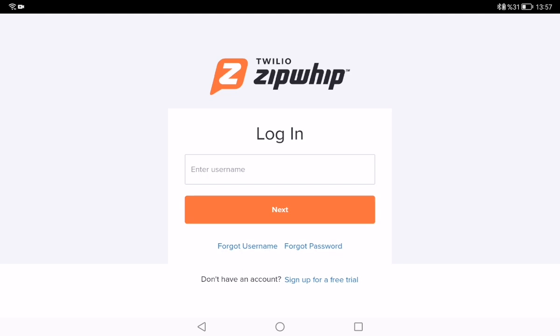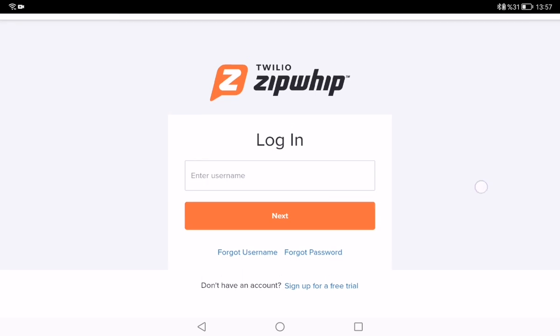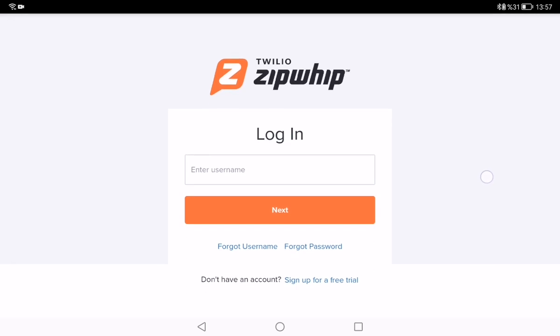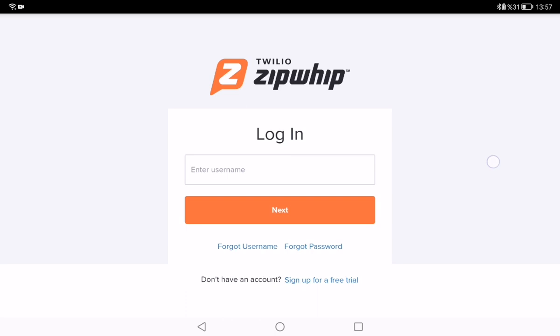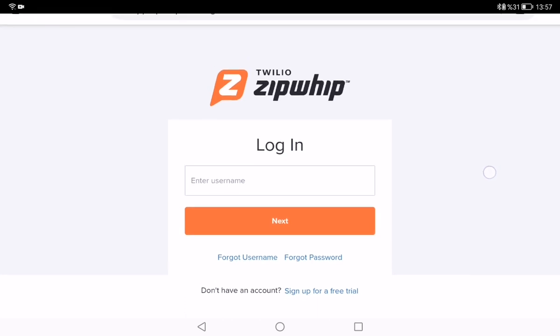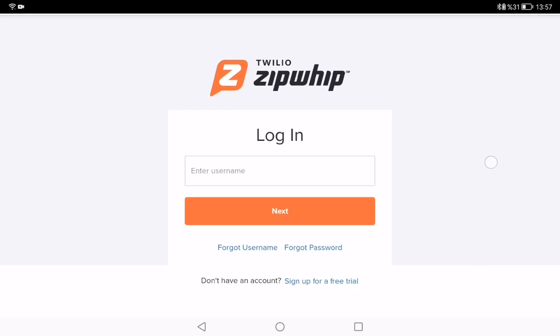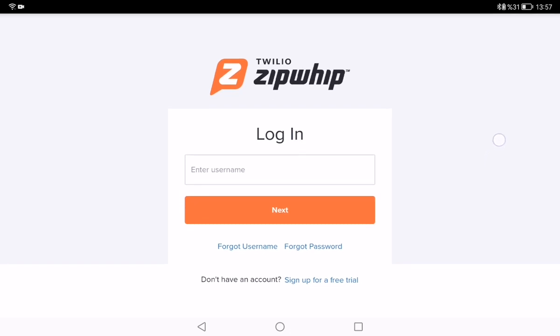And let's talk about how to log in to Zipwhip. You can access Zipwhip via your web browser or a browser extension, and the desktop app or the Apple app on your phone. And your credentials will be the same no matter how you sign in. To sign into Zipwhip, firstly, open your web browser and use the URL app.zipwhip.com/login,